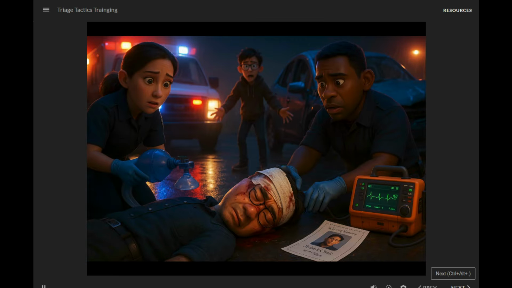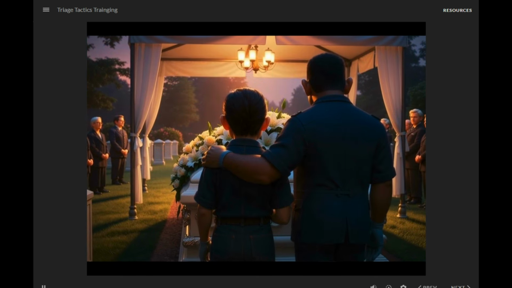Meet Robert Chen, 45 years old, single father to his 14-year-old son, Michael. Today was the hardest day of their lives. They just left the funeral service for Robert's wife, Michael's mother. She lost her battle with cancer 3 weeks ago. Robert has been trying to stay strong for his son, holding back his own grief to help Michael navigate a loss no teenager should face.